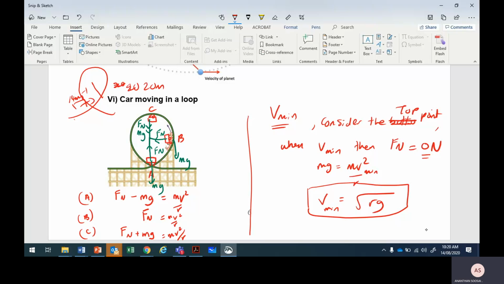But let's say the technician increases it to 15. So when you go to the top, do you press the seat or fall to the bar? You press the seat at 15 meters per second. If not 14, they put it at 13.9, then you're going to fall to the bar. It's very dangerous. Normally they put